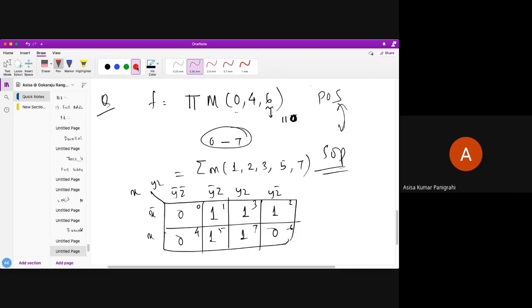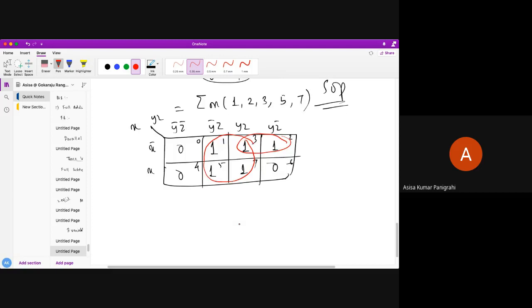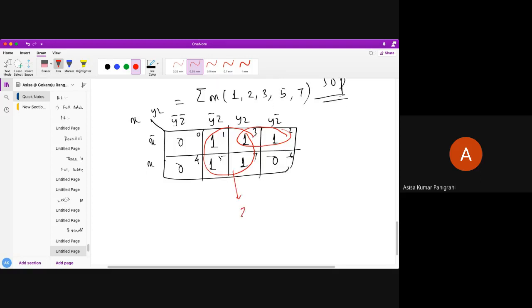Now I start combining. How to combine it? These 4 I can combine, and next these 2 I can combine. Any other combinations? No. So what is my answer here? What is the common here? The common is z. Here what is the common? x bar y. Okay, the final value is z or x bar y. You can realize it in a very simple way. This is my x, this is my y, AND operation, then finally z with the OR operation. So this is x, y and z. Understand? This is the way we can minimize and realize anything.